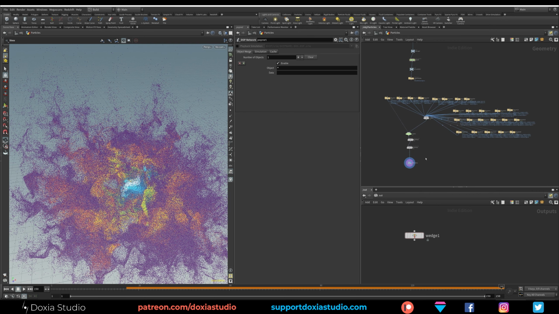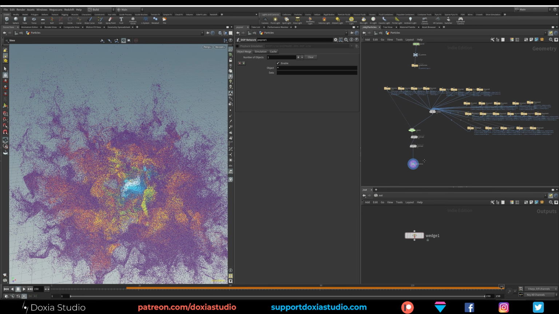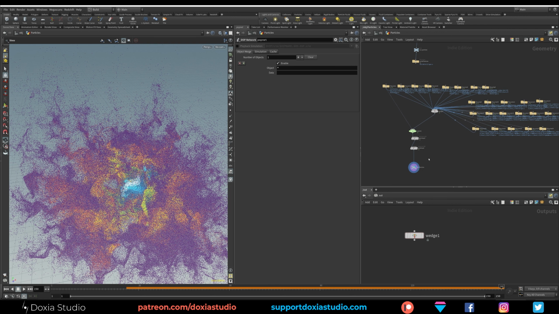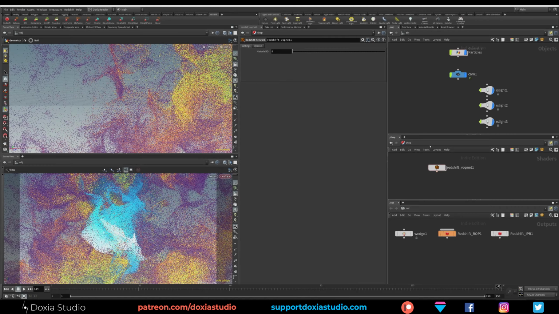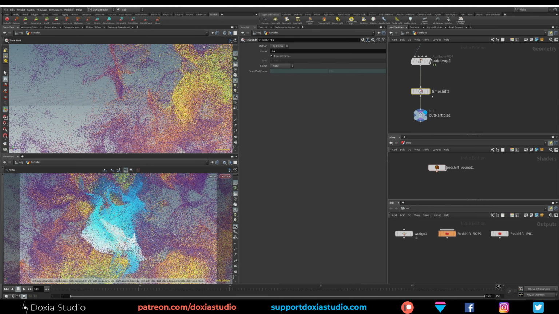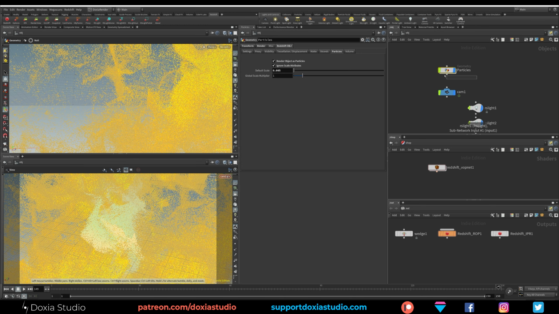So right now, what we can do is just add a P-scale and work with the render, okay? To render this, I just put a time shift locked on the last frame, 150, okay? Then on particles, on redshift, I put ignore scale attributes because we don't have P-scale.